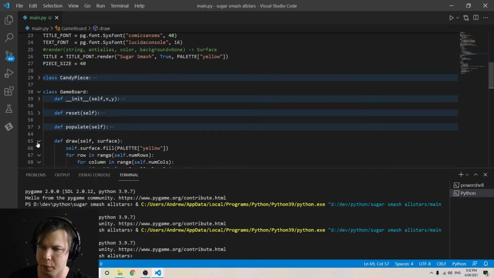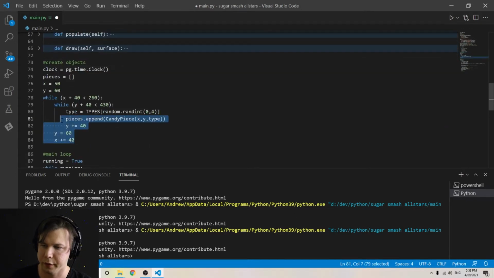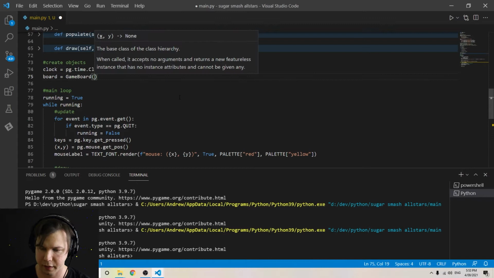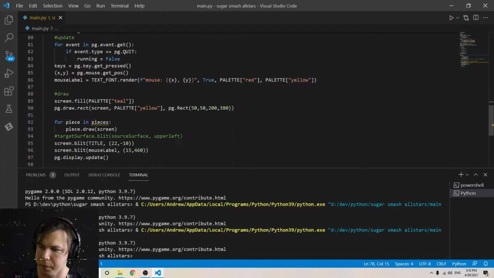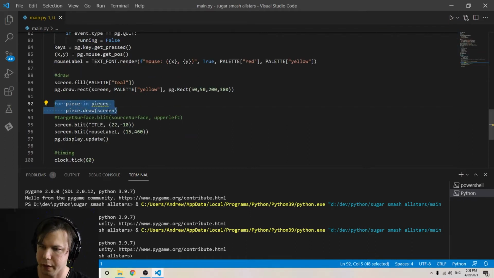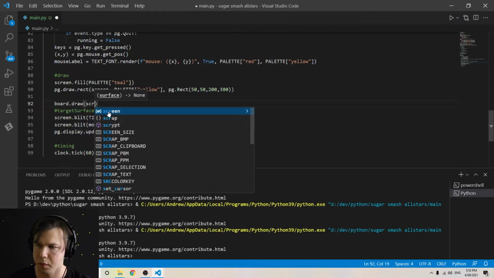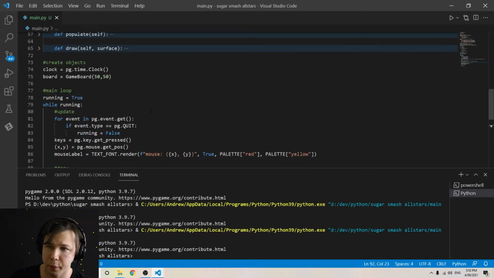Anyway, so let's go ahead and set this up because we've got all of this working pretty well. We'll go to create objects, and now instead of all this code, we can just say board equals GameBoard, and we want to set this up at, I think it was 50 across, 50 down. And now for the draw, instead of this bit, we just want to pass in the screen and draw that. Okay, so we'll run this,